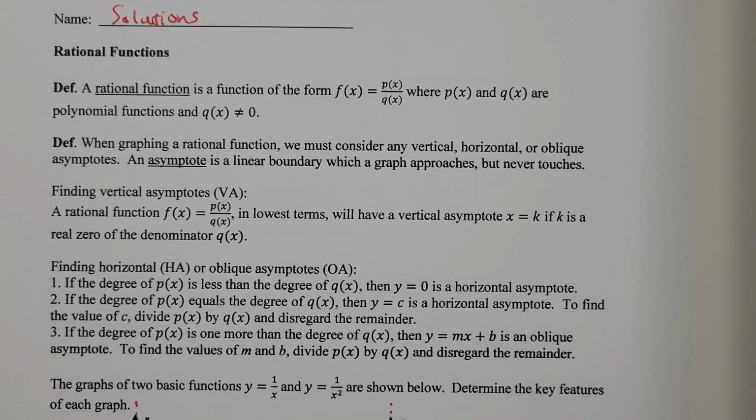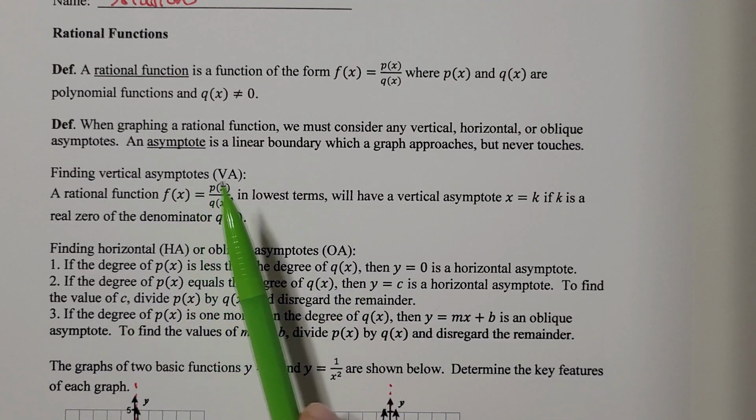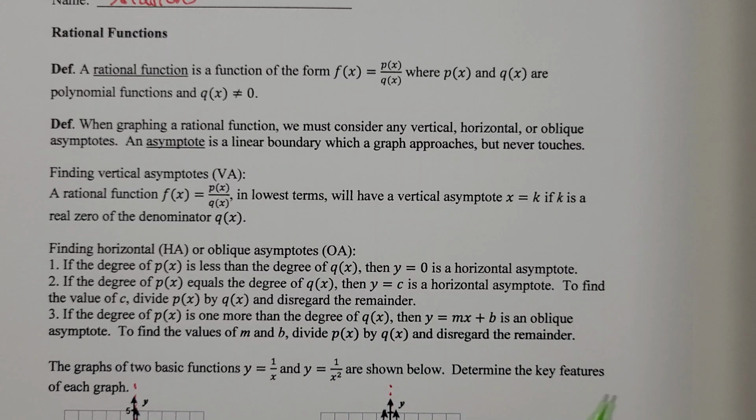When graphing a rational function, which is what we're going to do in this section, we have to consider any vertical, horizontal, or oblique asymptotes. Okay, now an asymptote is a linear boundary that the graph approaches, but it's never going to get there. So I next talk about how to find the vertical asymptotes and the horizontal or oblique asymptotes. Okay. VA is going to mean vertical asymptotes, HA is going to mean horizontal asymptotes, and OA is going to